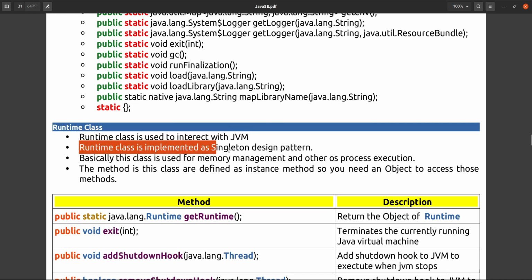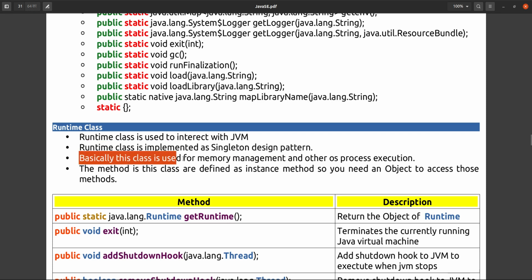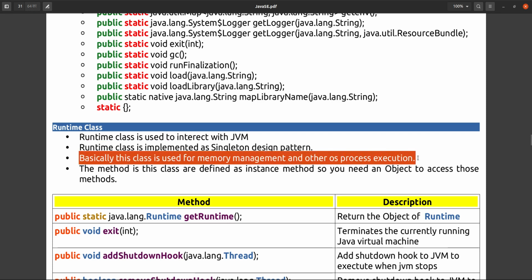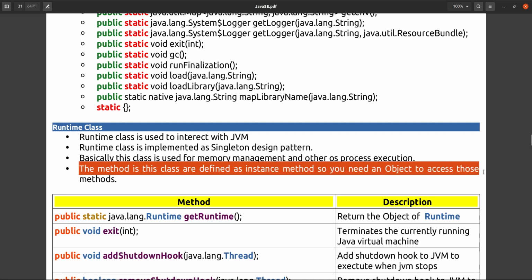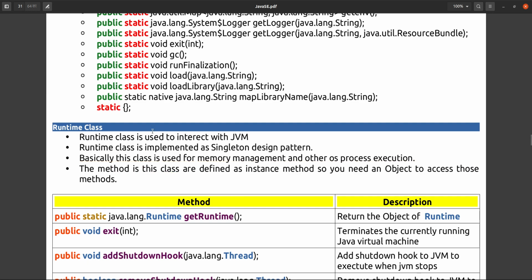It is implemented as a singleton design pattern, and basically we can use this for memory management and process execution. And the methods of this Runtime class are defined as instance methods, so you need an object to access those methods. That's it, and we have seen.